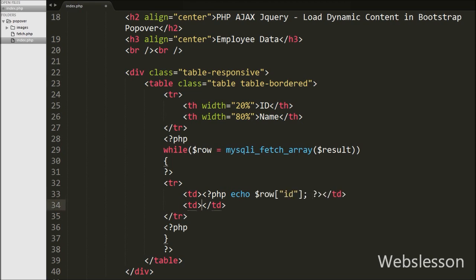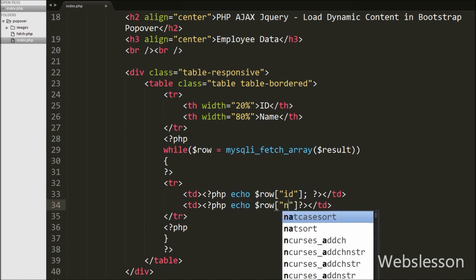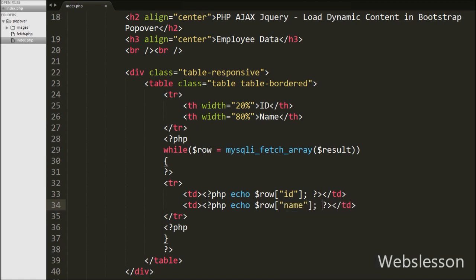After this we want to print the employee name, so we write an echo statement with the $row array with key name. This will print the employee name under this table data tag. When the mouse clicks on any employee name, at that time the other details of that employee must be